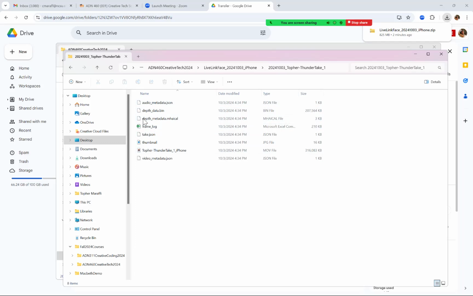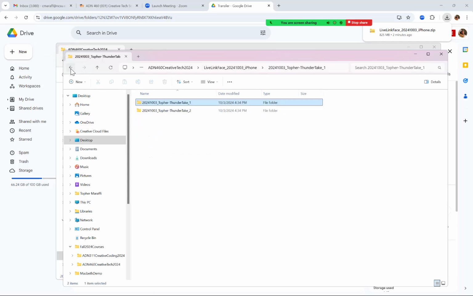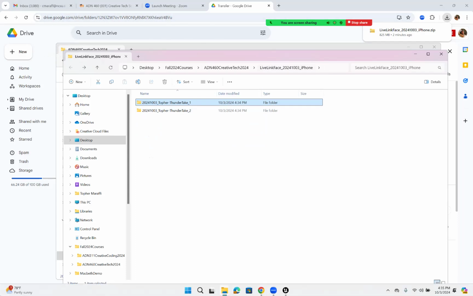So we're going to need to point the plugin inside of Unreal Engine to this folder. So you just have to remember where this folder is. Actually, we'll probably point it to this folder because it's got two takes here and we want to bring them both in. So if I go back to Unreal Engine,